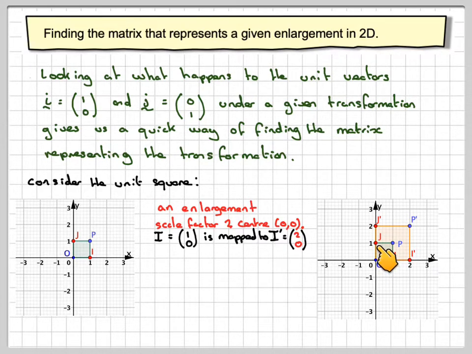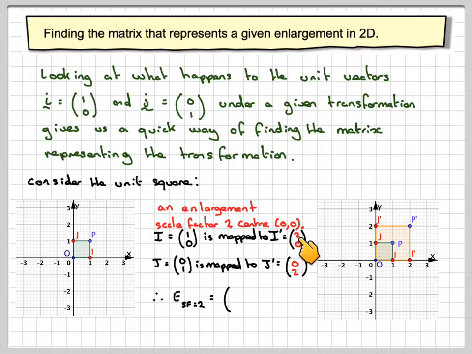And j maps onto j dash, which is (0, 2), making the matrix